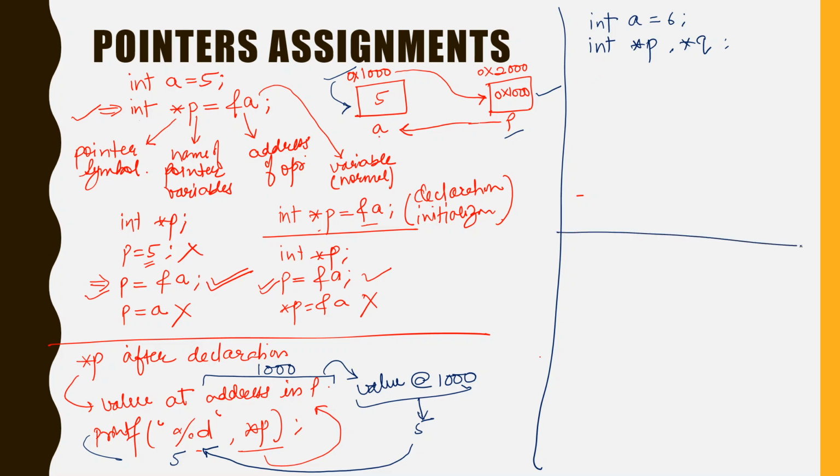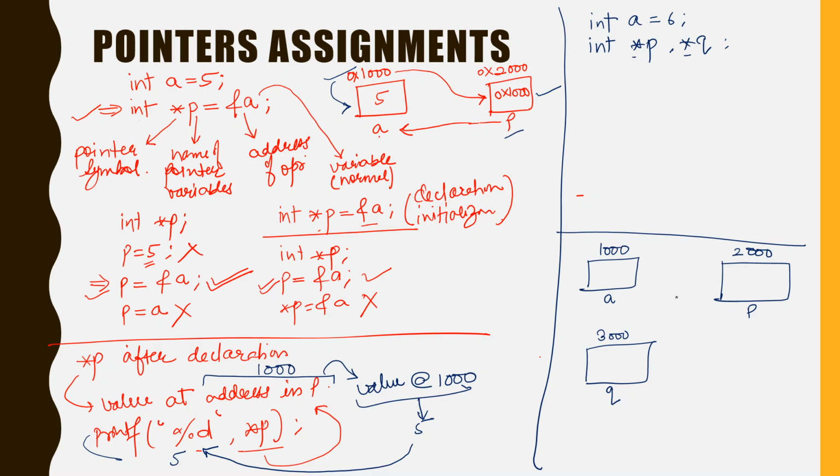I will make a memory diagram also here. So writing this will give you a. Suppose it has address 1000. Now I have a pointer p, and I also have a pointer q. Now q might be stored at 3000, or it might be stored at 2000. These are random memory locations allocated to it. But carefully watch that p and q are pointer variables because they have an asterisk before them, and a is a normal variable.